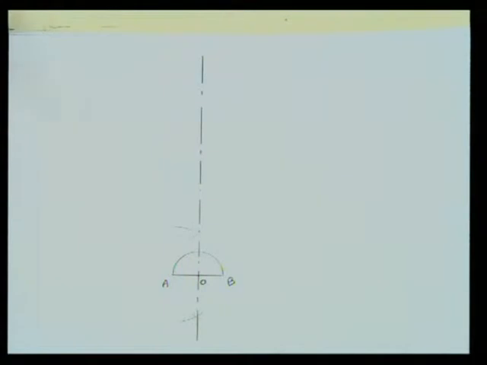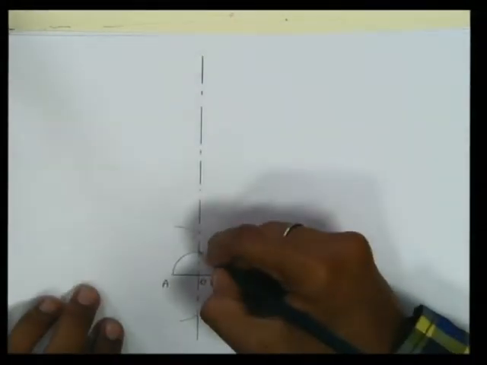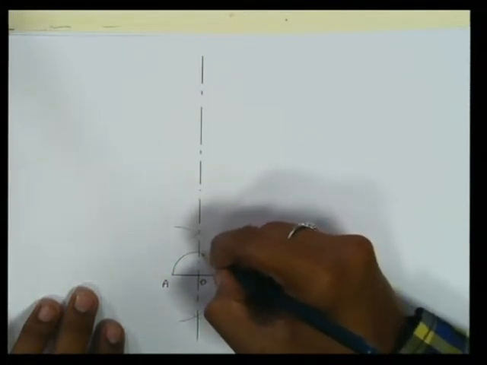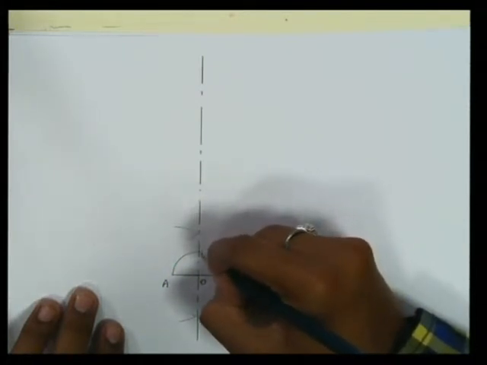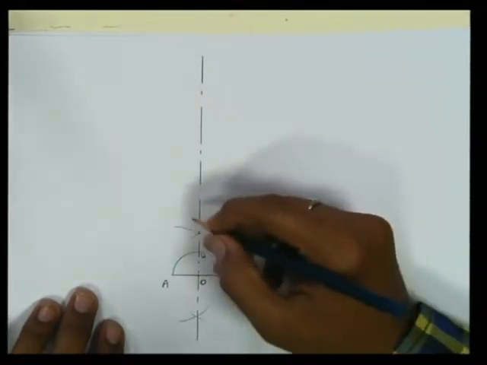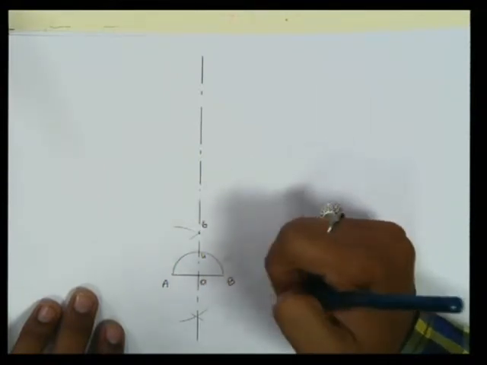We will give nomenclature to the circle one by one. This semicircle intersects with this bisector line. We will name it as point number 4, and the upper bisector arcs, we will name it as point number 6.